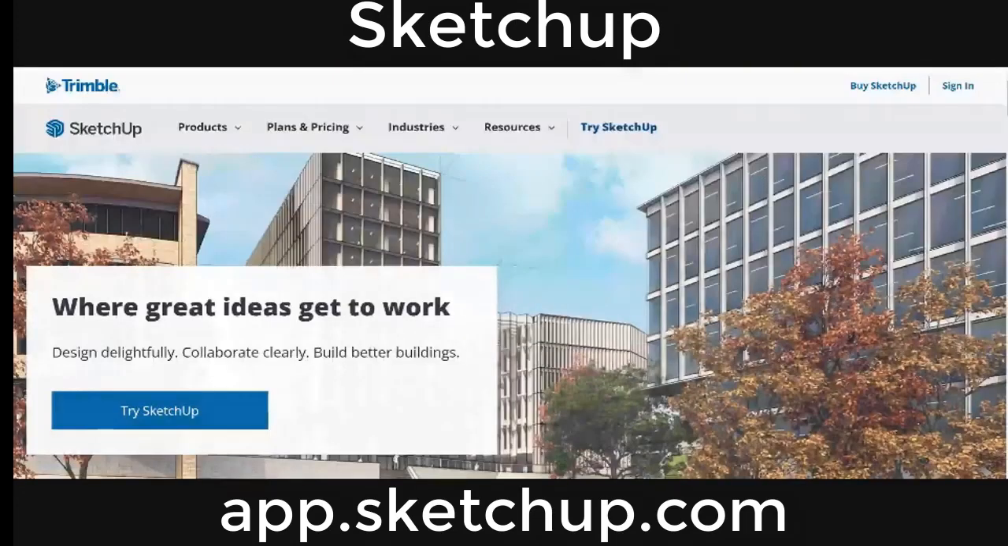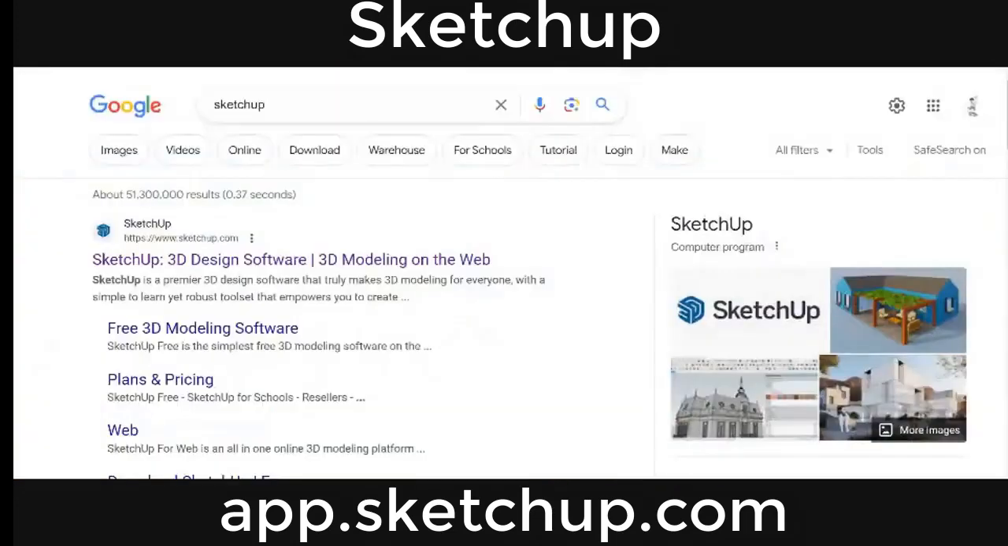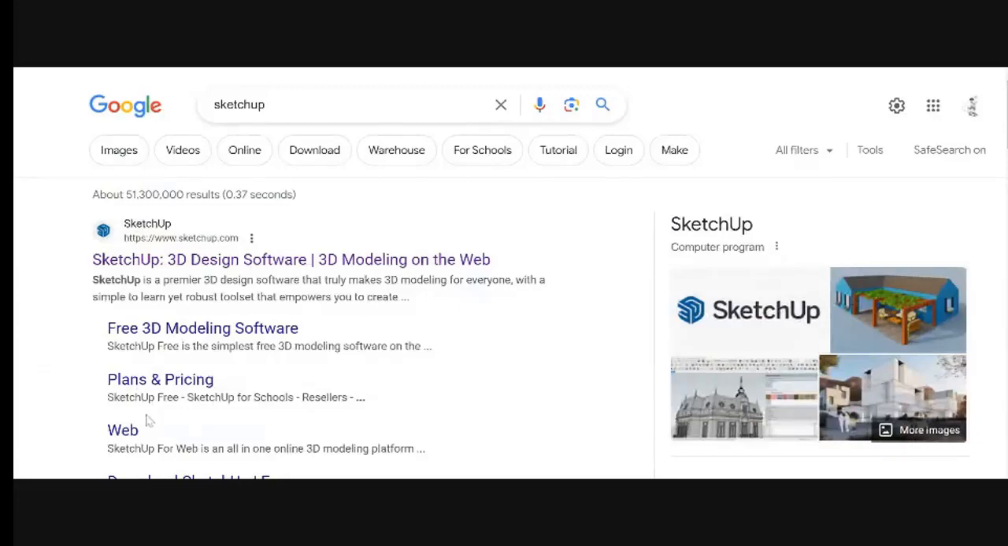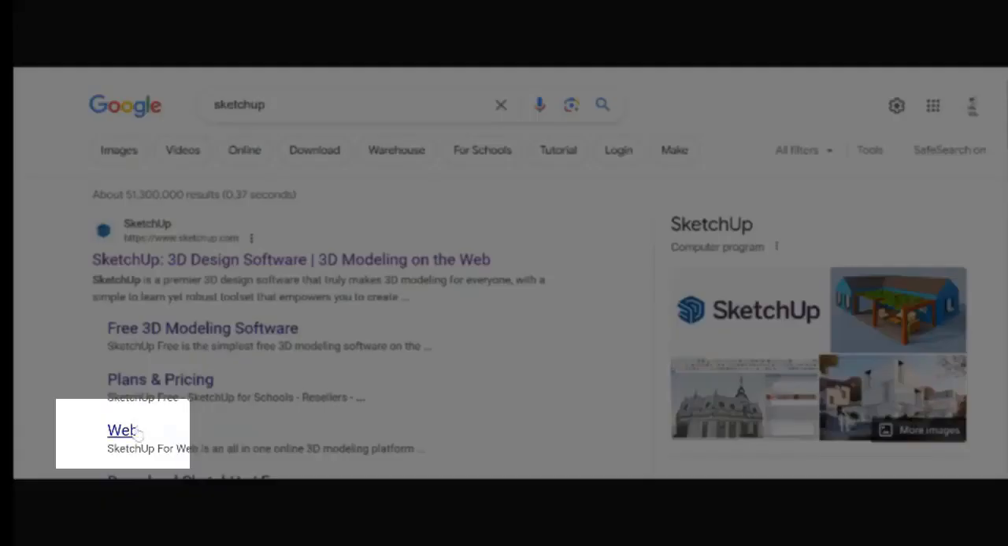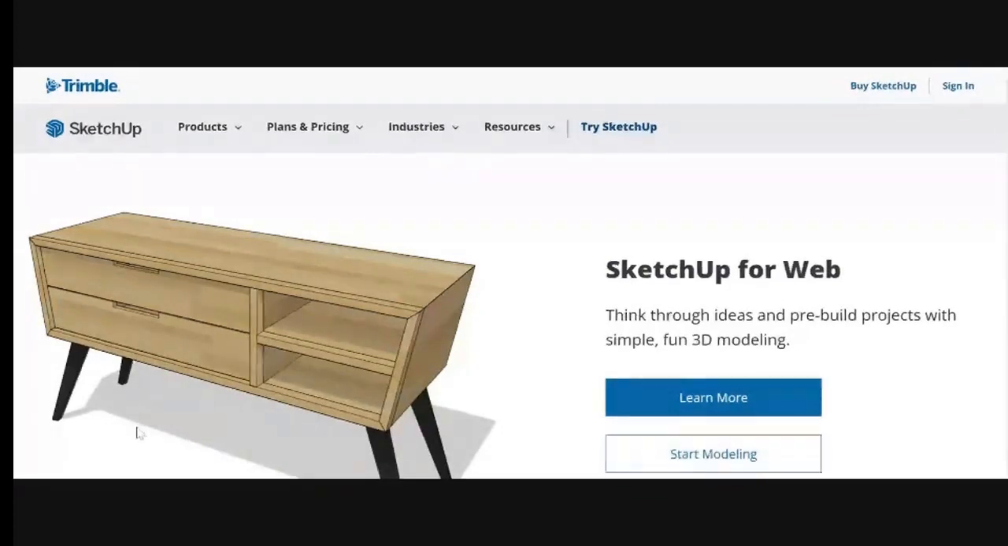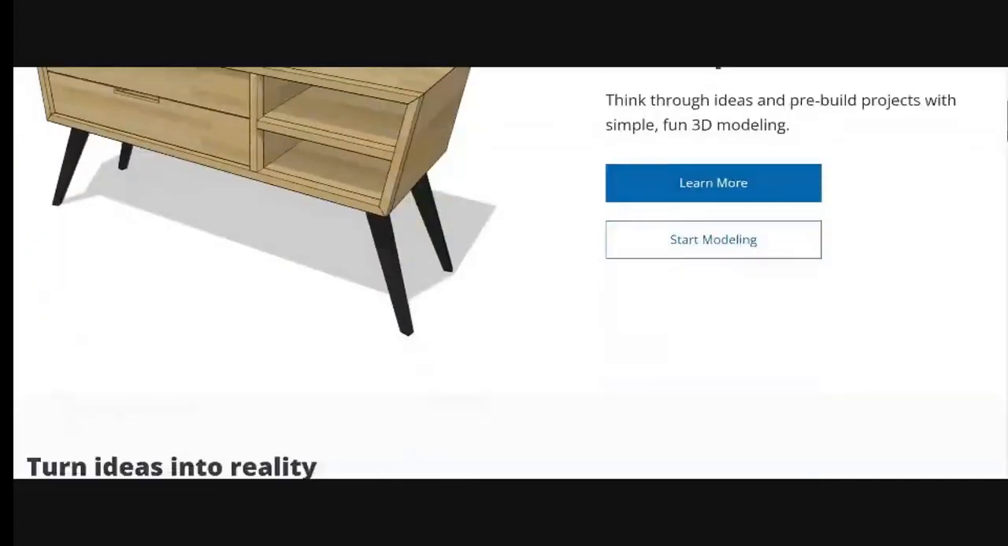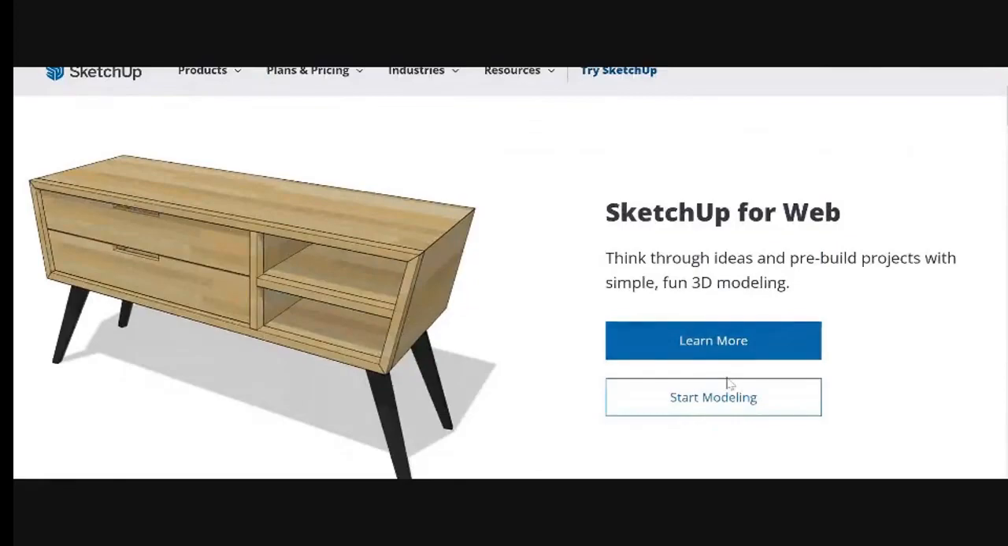What we're going to do is when you search SketchUp and look below, you'll see web. If you click on it, it will open up the web version, and you can start modeling. So once we click on that, it will bring us to start modeling. If we hit start modeling,